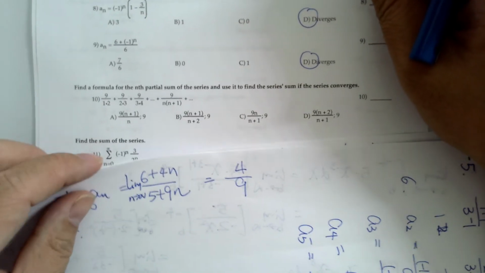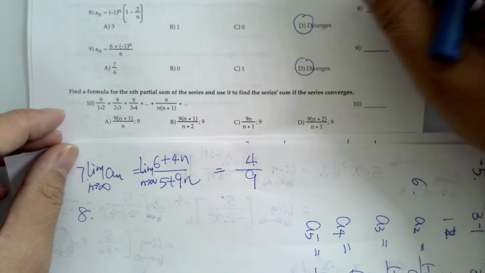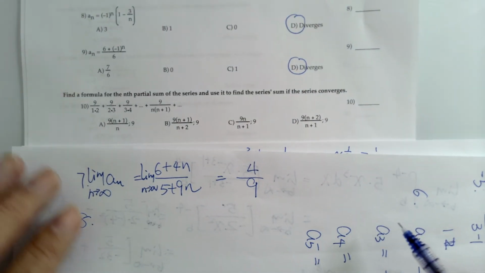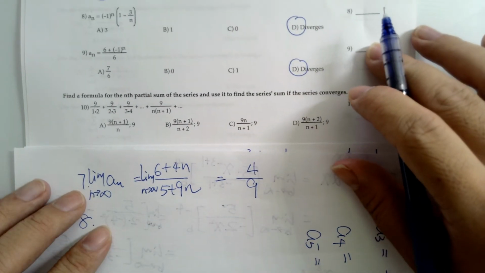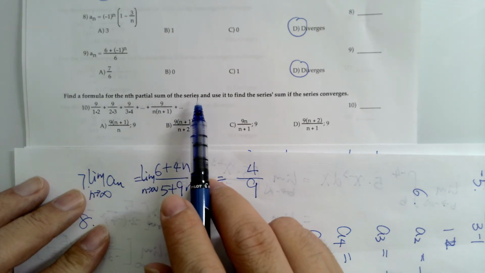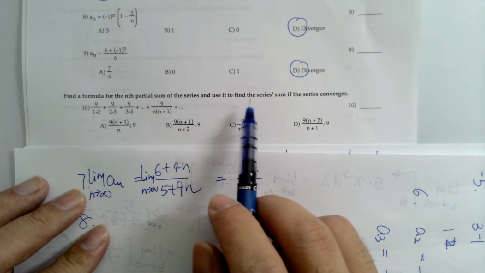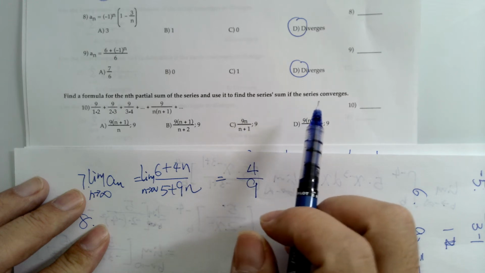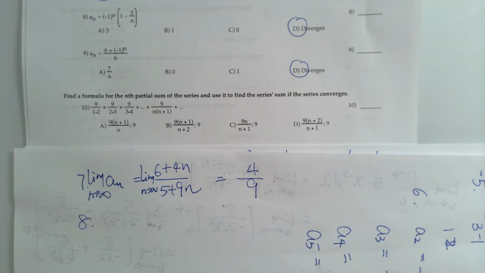Let's also move on to number 10. Number 10 says it's a final formula for the nth partial sum of the series, okay? And I use it to find the series sum if the series converges. So for here,